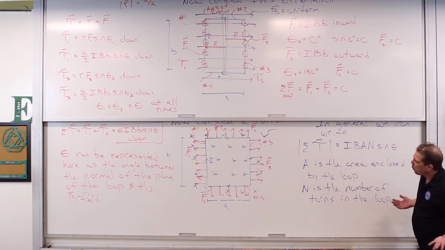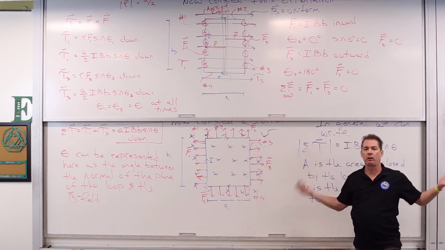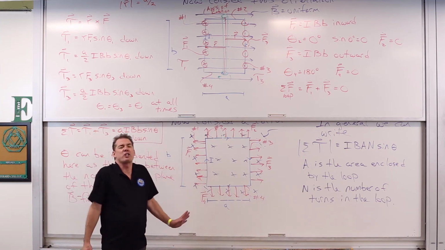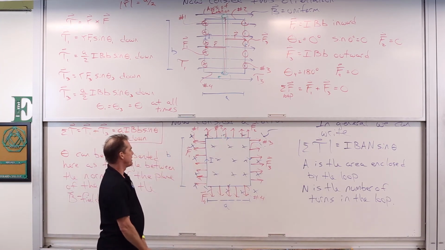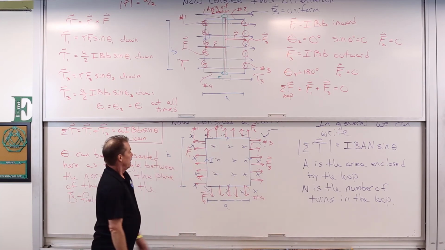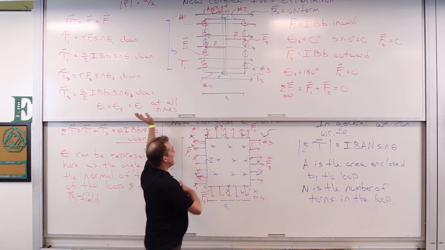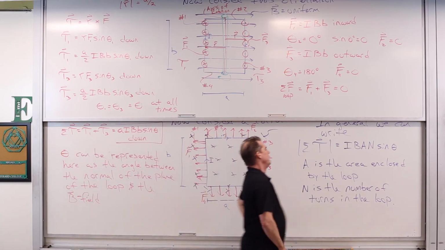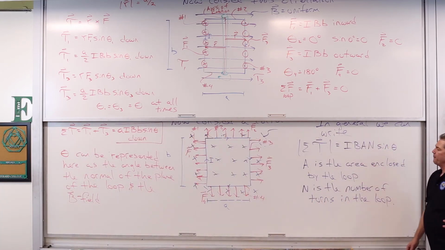So what's optimized for this thing really depends on what you want to do. You want it to be zipping really quick, you want a low moment of inertia though. You want it to take its time and get going, high moment of inertia is fine. But there's kind of a happy medium balancing act that depends on exactly the composition of everything in terms of how it's laid out spatially and axis of rotation and any friction and all sorts of stuff like that. But at any rate, this is what we got here. And again, this is sort of the premise by which electric motors work. And I'm going to leave it at that right now